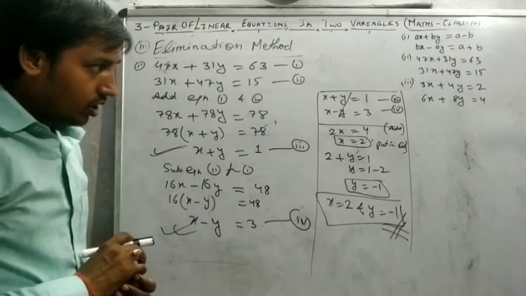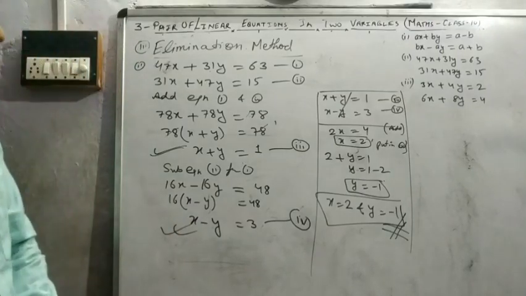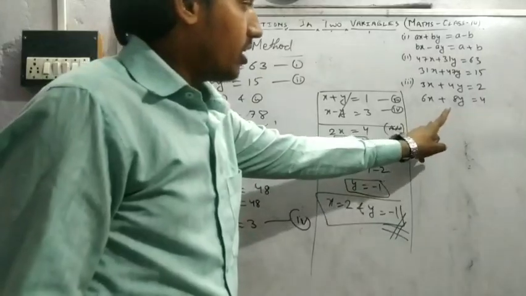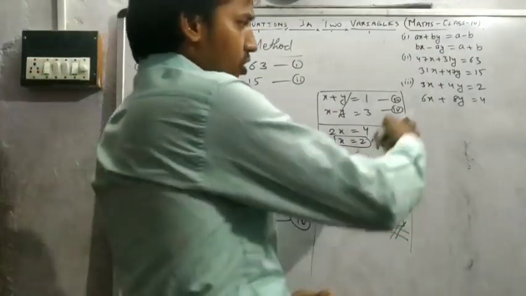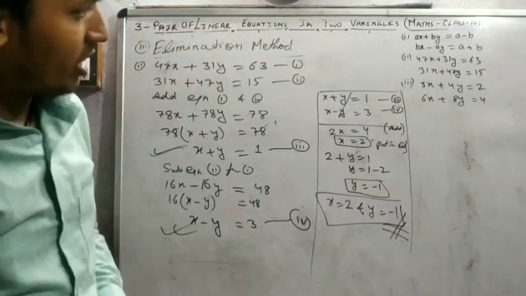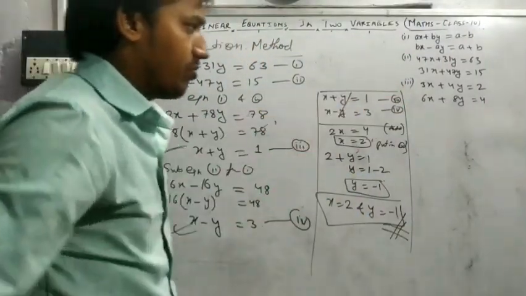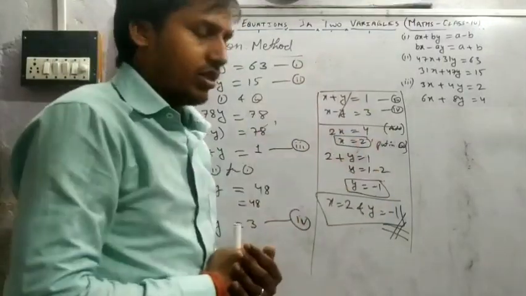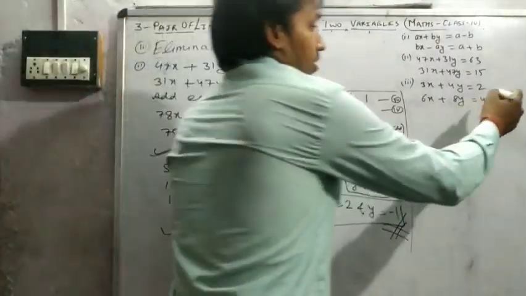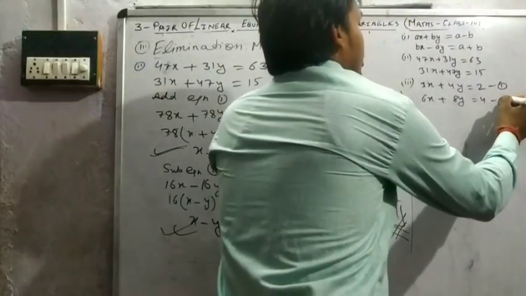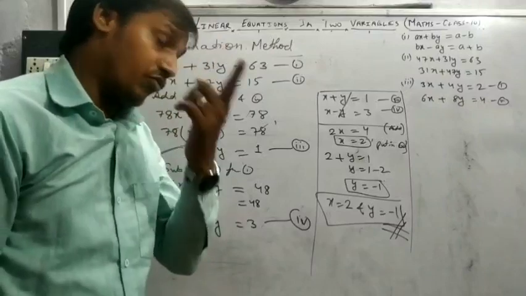Okay, so again you note down by pausing the video. Then you can see the third equation. There are simple equations. In your mind you may ask, sir, why do you say this example is so easy? In the previous videos you also took this example. No, this is something different. So I take the first equation and second equation. Either you equalize the coefficient of x, or you equalize the coefficient of y.